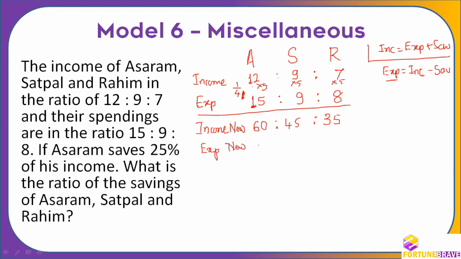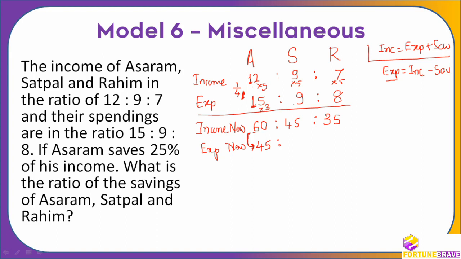1/4 of this will be less. If I minus 15, therefore it will be 45. Can you understand what I have done? Because we took the LCM, this is possible. So 25% I have removed from here, the savings 25% I have removed and I got 45. 45 is 3 times of 15. If you take the LCM, this will happen definitely.